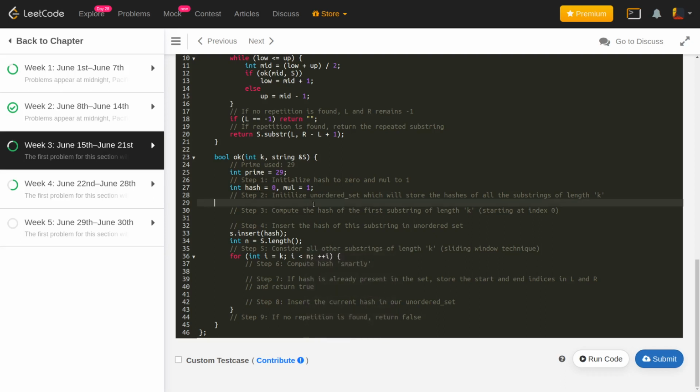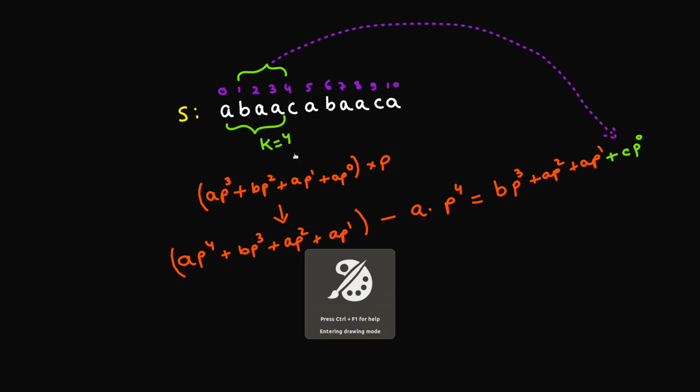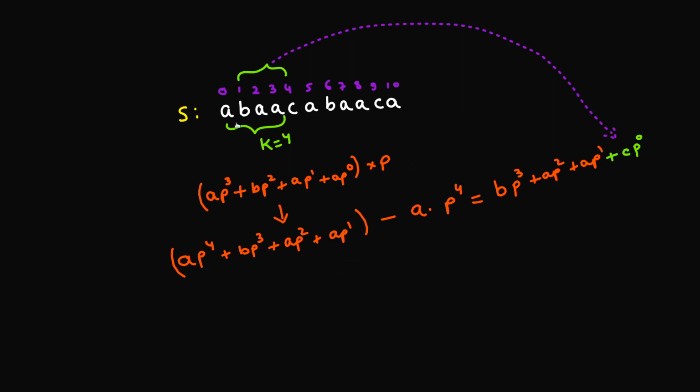Okay, since I need to store all these hashes in a set, I'll be using an ordered set. That's usually faster than the normal set that we have in C++, though that is not always the case, because an ordered set is also based on hashing technique. But we'll just use an ordered set here. We'll be storing the hashes of all the substrings of length k that we have here. Next thing that we'll be doing is computing the hash of the first k characters, and we have just seen that we start computing the hash from the end, from the k minus 1th index.